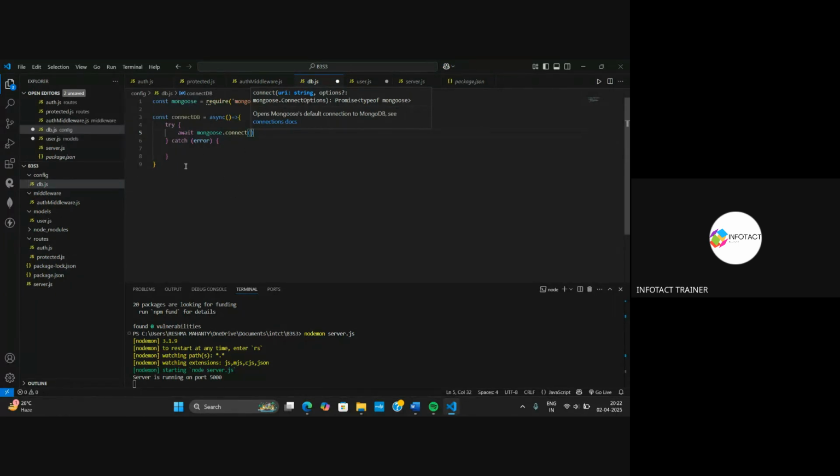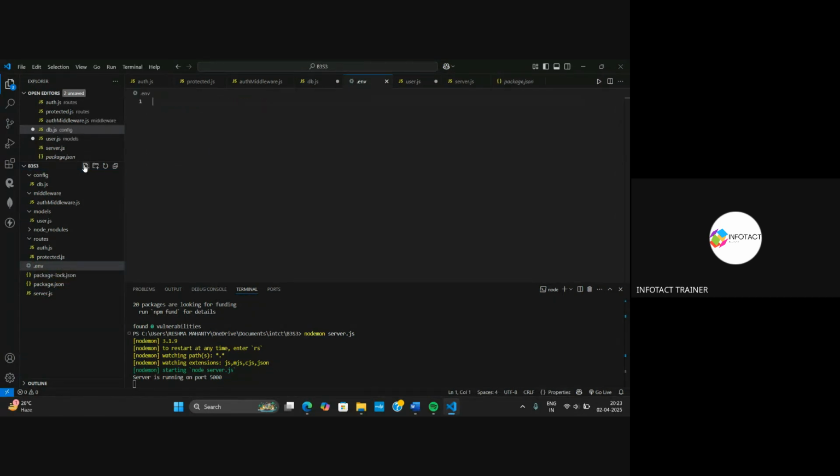Say for example, the Mongo URI is my confidential data, right? So in order to store all the confidential data, what do we do? We create a .env file in the root folder of the backend, where I will store my MongoDB. For that, I will write MONGO_URI,